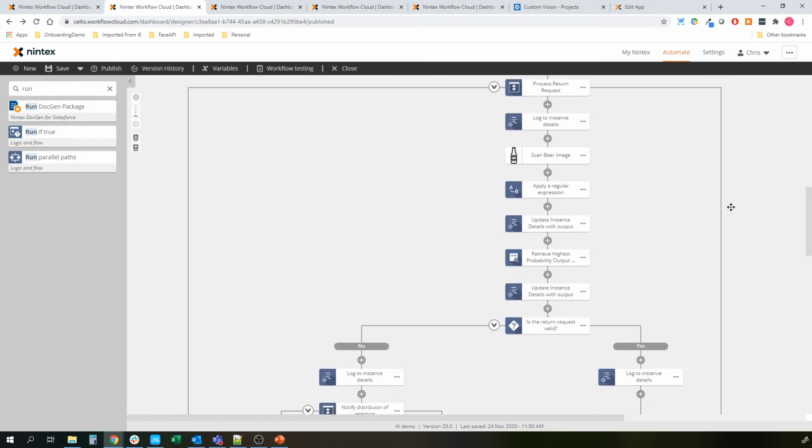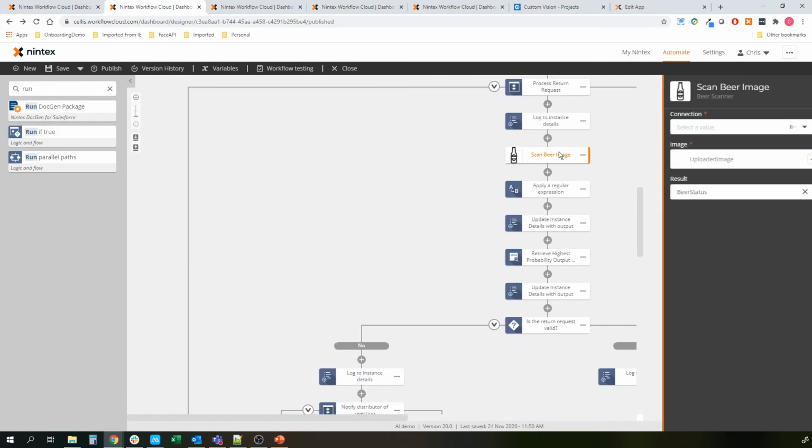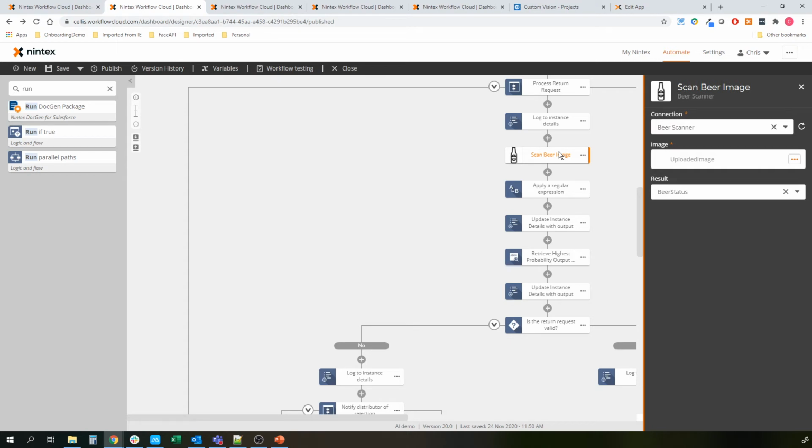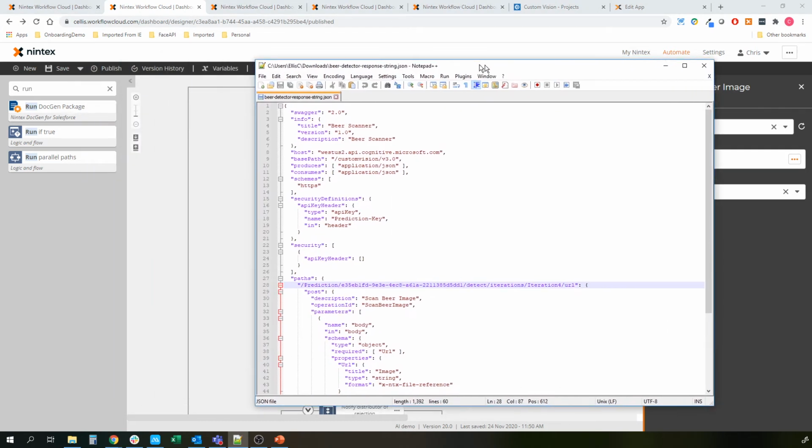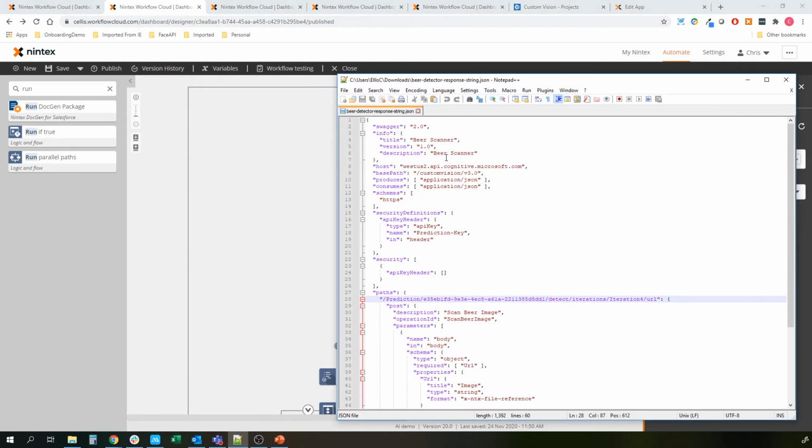And then we get to the artificial intelligence part. This scan beer image here is actually calling the Custom Vision service within Azure. A pretty clever piece of kit, this, and what we've done is we've taken that, built an extension through Nintex Extensions and uploaded that. So, a quick look at the JSON that makes up the extension. Fairly straightforward, so it's calling the service, calling the security definition as well. In this case, it's just an API key that's been provided by Custom Vision, and then we've got the prediction